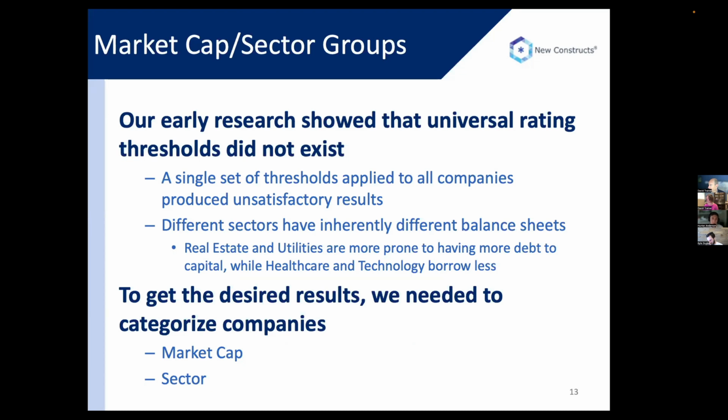So large cap companies have easier thresholds to meet for very attractive ratings than small cap companies. And then we also saw that there were differences between sectors. This was a really important distinction and a key finding for us during this process. And that's ultimately why we decided to split the credit ratings into individual groups that are based on both sector